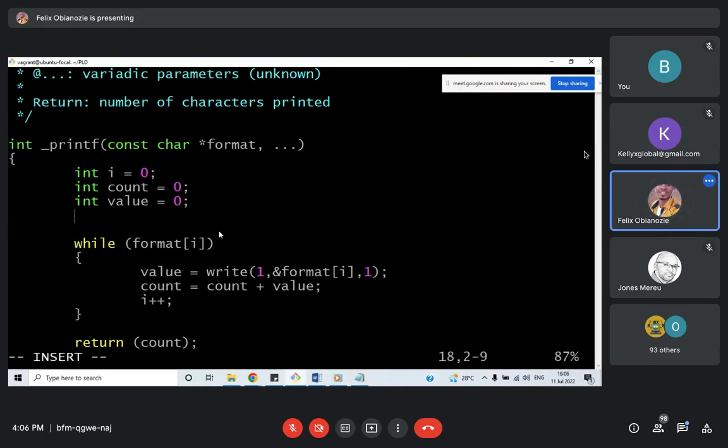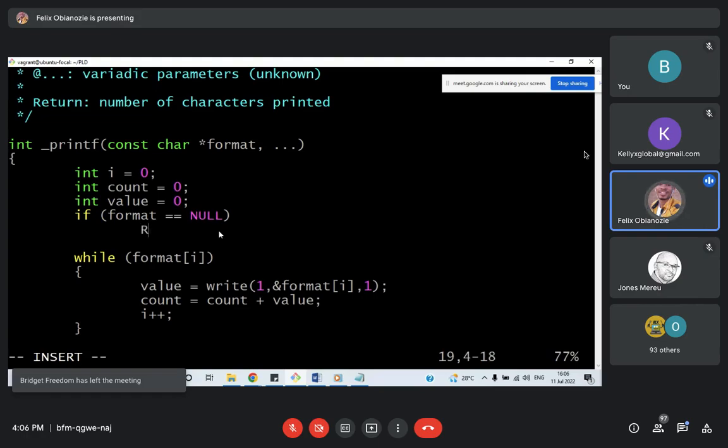If format for any reason is null, please get out. There's an error, so return -1. I think they specify that